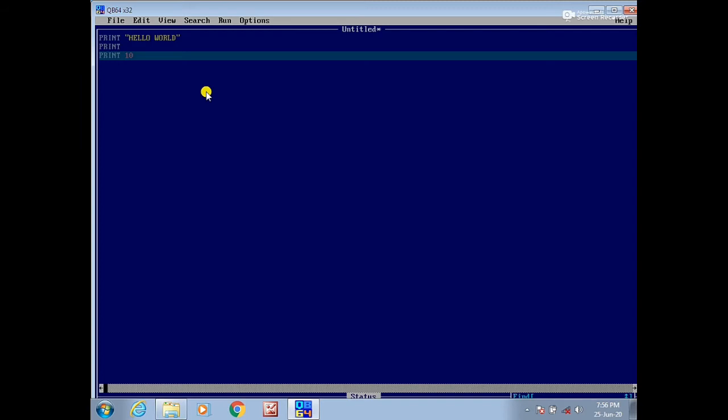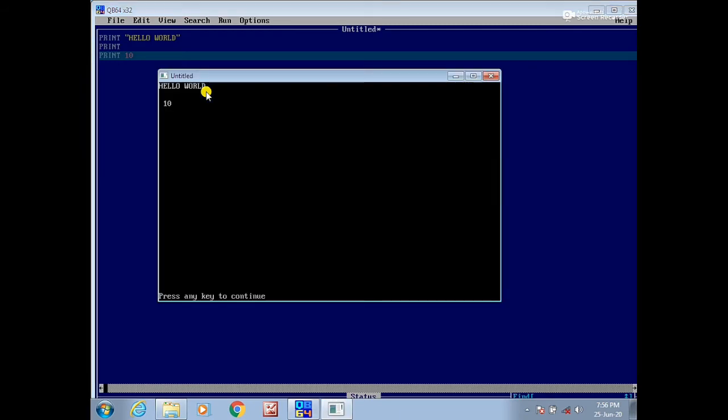My machine is a little bit slow. Actually it is 32-bit. QB64 is very comfortable with 64-bit, but it can run on 32-bit also. So now this is the first hello world. Then here, already a blank line is printed, and on the next line comes 10.